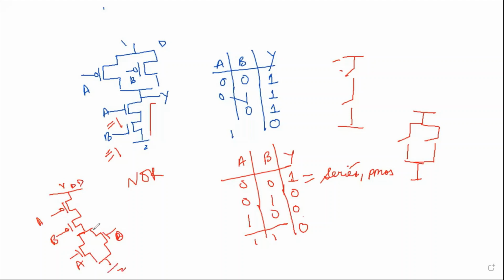So this is how we are going to derive any logic. We have to understand what our truth table says, or what switching I require. If it is NOR, I require PMOS in series, and if it is NAND, I require PMOS in parallel. Okay. So let's try if we are able to design any compound gate using this logic.